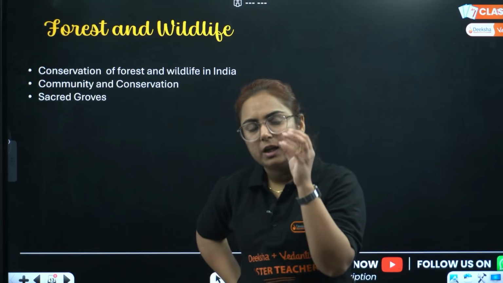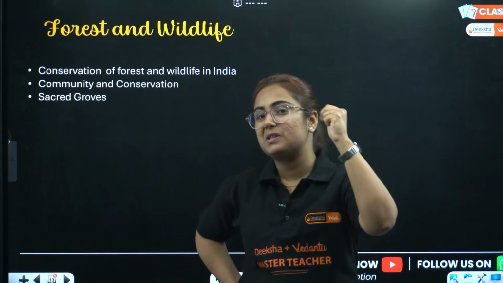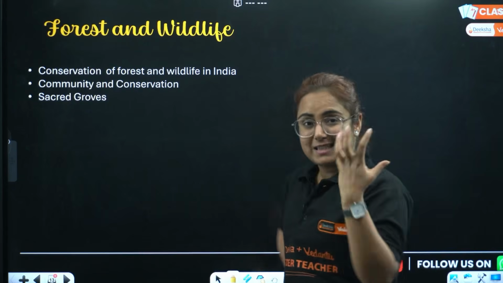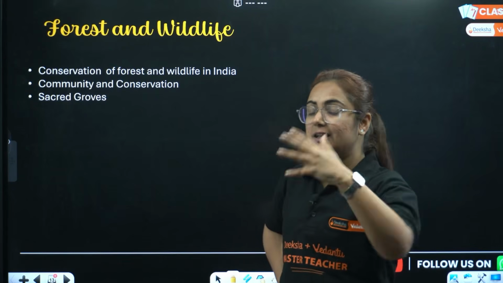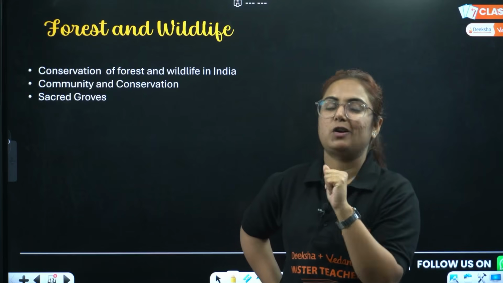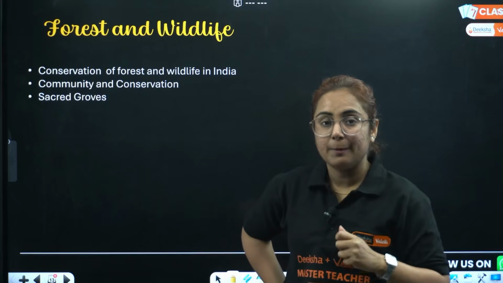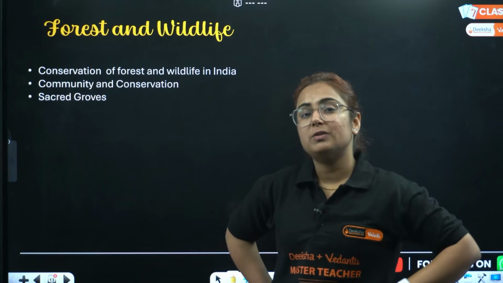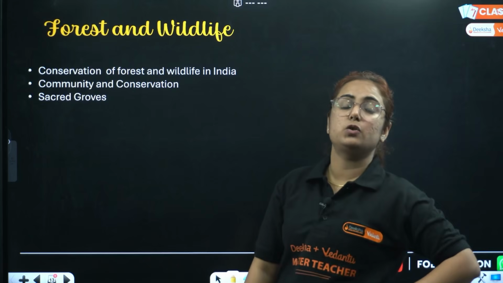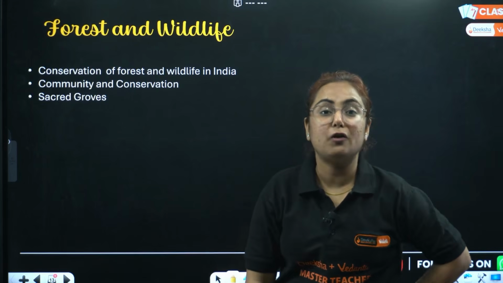Beta, there are not so many topics from this chapter, but very important ones from the perspective of the exam. Why so? Because when we see the starting of the chapter, the description is given. India is rich in biodiversity. We have flora, we have this much percent of fauna, etc. The first important question from this topic will be, what are the steps taken by the center and state government for the conservation of forest?